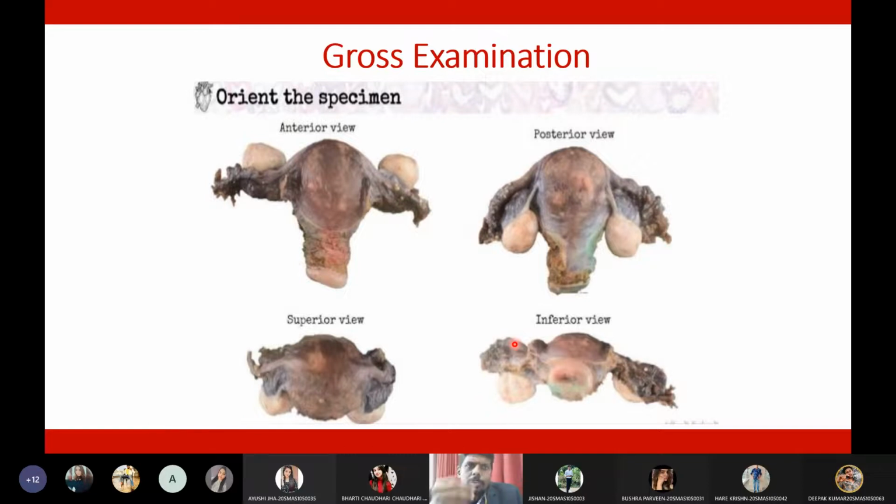How will you know the orientation of a sample? When you know basics in anatomy. If you know basics in anatomy, like anatomy of liver, pancreas, heart, spleen, uterus, then only can you identify the specimen, right? So first of all, the technician must have knowledge of anatomy. He should be able to identify the proper orientation of the organ. Since it is a very straightforward organ like the uterus, it is easy for you to identify the orientation.